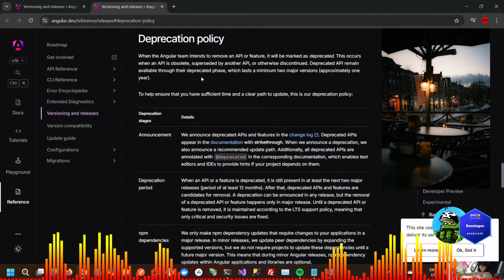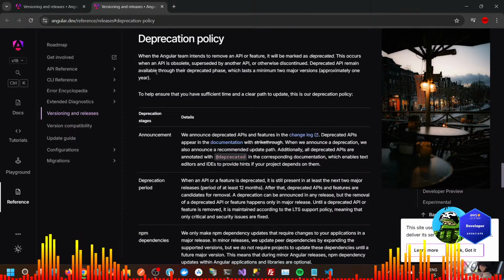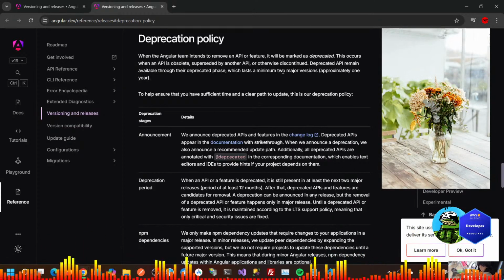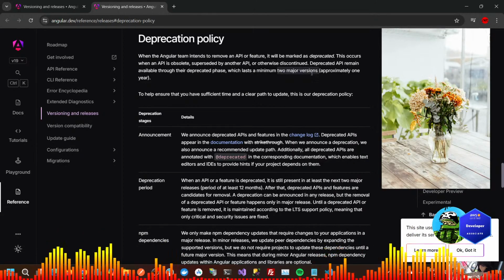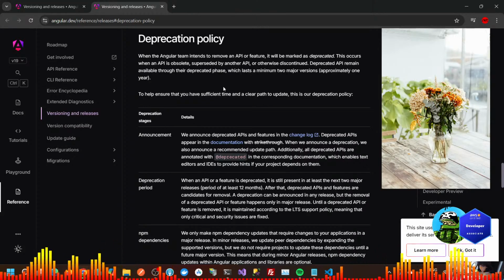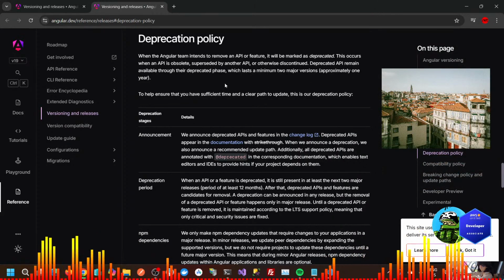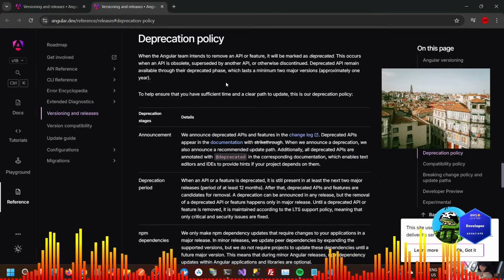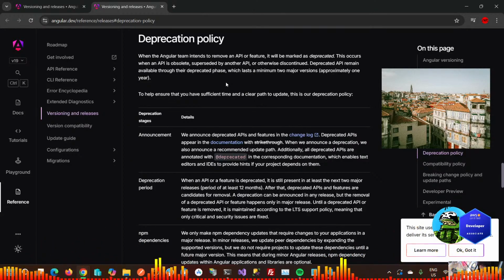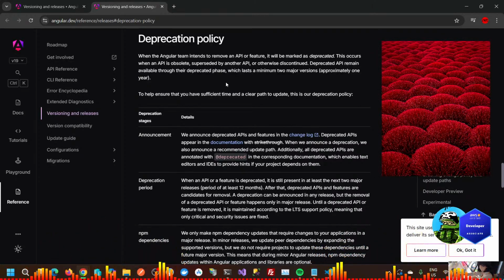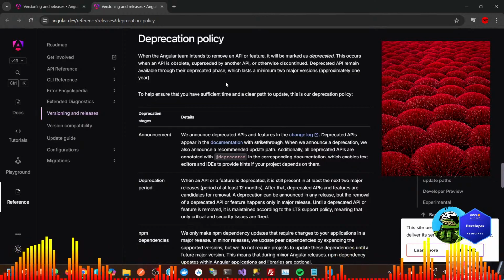Deprecated APIs remain available through this deprecated phase, which lasts a minimum of 2 major versions. Okay, so only 2 major versions, and then this deprecation will be removed approximately 1 year. So in 1 year, there are 2 major releases for Angular. To help ensure that you have sufficient time and a clear path to update, this is our deprecation policy.